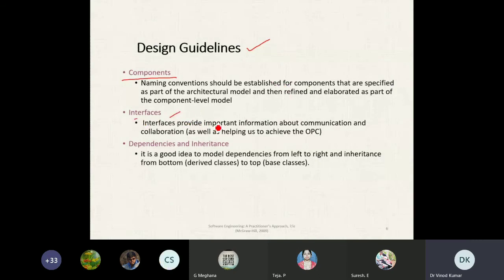Interfaces provide important information about communication and collaboration, as well as helping us achieve the OCP. Whatever interface is there provides important information about communication and collaboration.